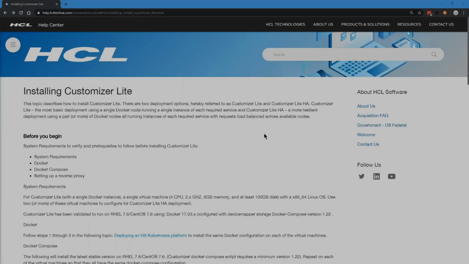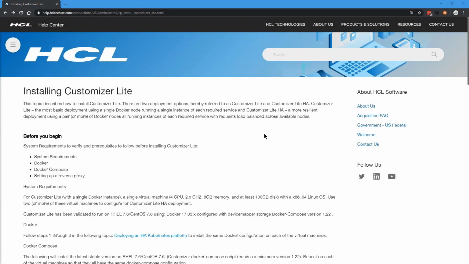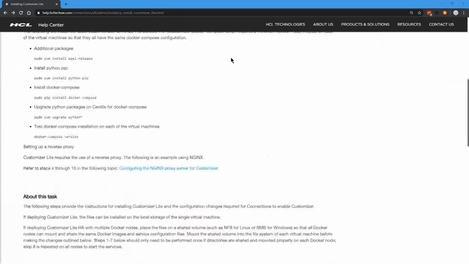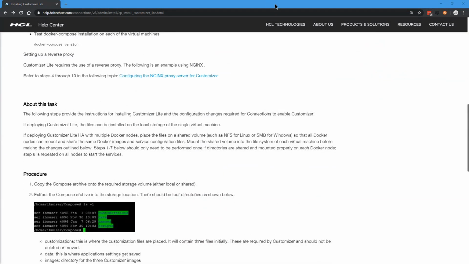As in previous demo components, I wanted to reference the Installing Customizer Lite documentation here. There are some items relevant to Customizer Lite HA deployment. If we scroll down the page here, you will see under About This Task a distinction between how many times the various steps below need to be run through and which ones are specific